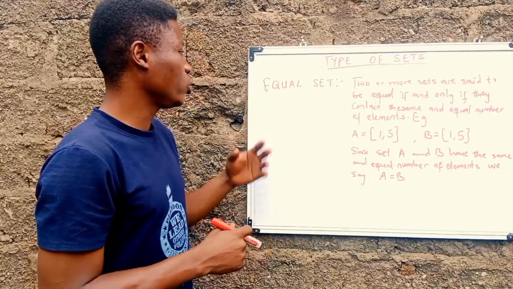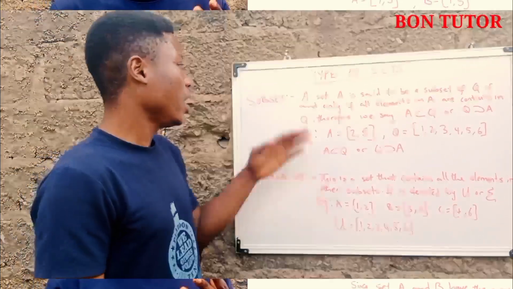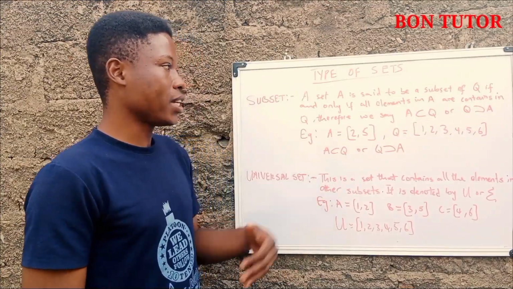The next type of set we have here is unequal set. We'll talk about this subset and set. A set A is said to be subset of